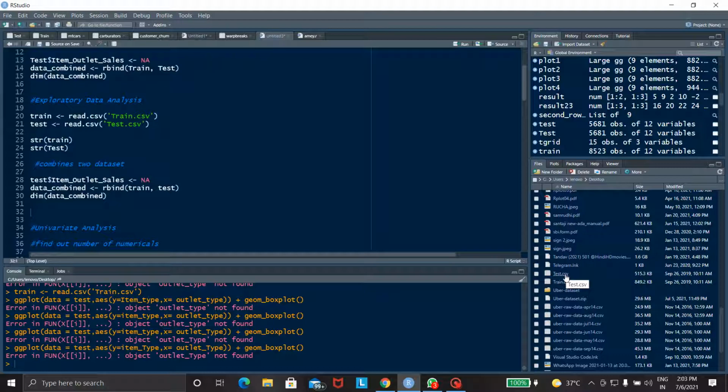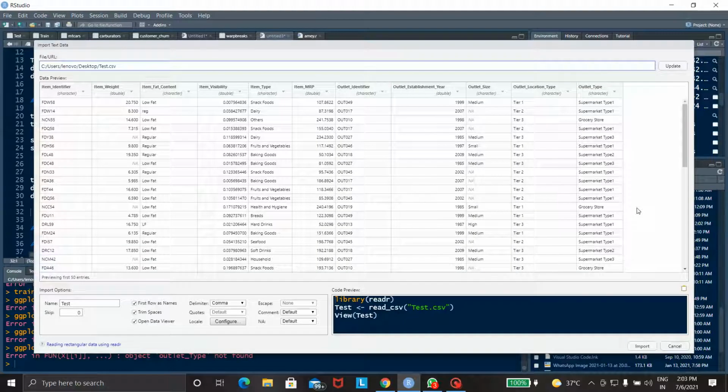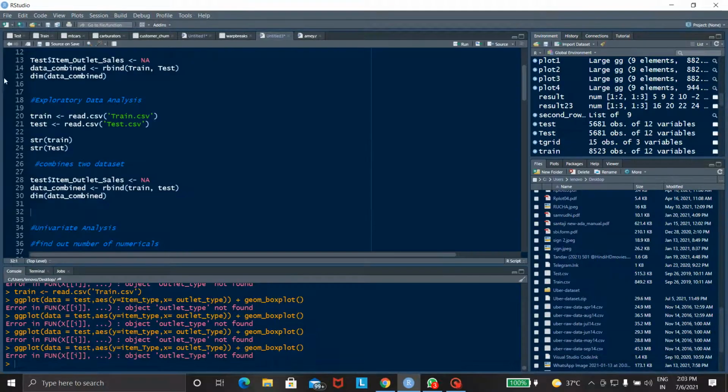Import this file into R. Click on test and import dataset, and after that the dataset is here. Actually, I have already imported this dataset. There are two datasets, train and test.